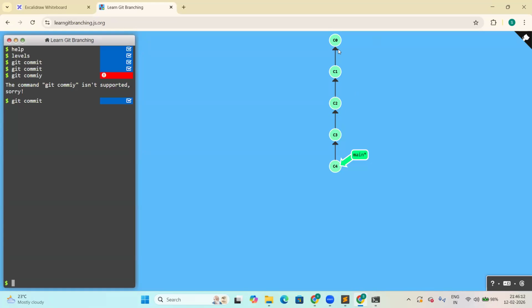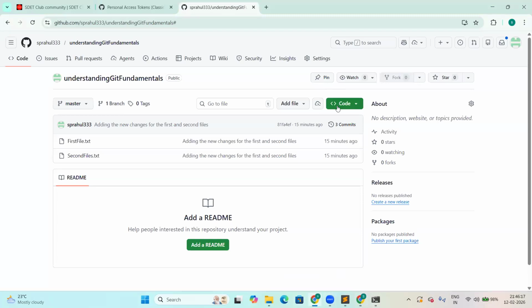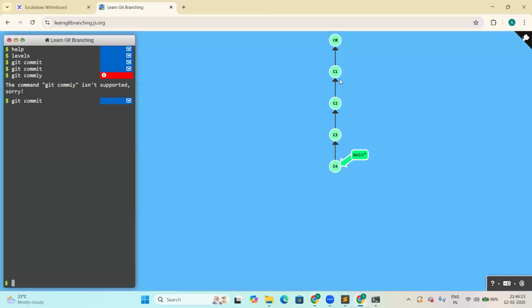That means for a particular branch. Now, what we have done here, we have done only two commits. Like if you see the history, I have made three commits. Like this, for that particular branch, I can have any number of commits. You can have 100 commits, 150 commits, 300 commits. There's no problem with it. Now, from the main branch,